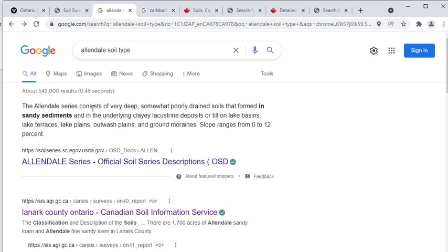If you work in Just Food Community Farm, you see that when it rains, there is a lot of water logging and the soil feels sort of sandy and silty. So it's Allendale sandy sediment.